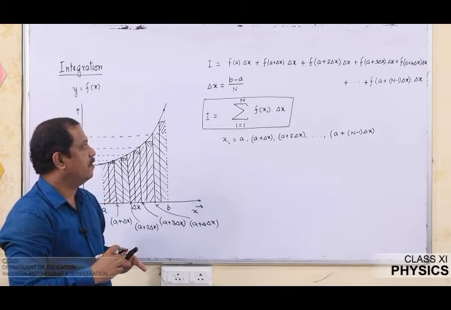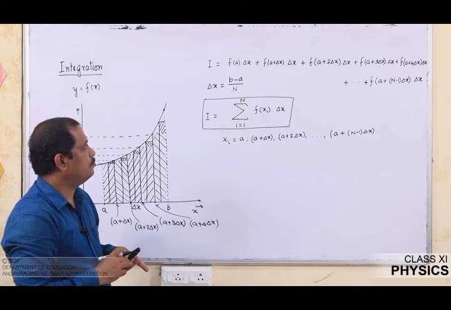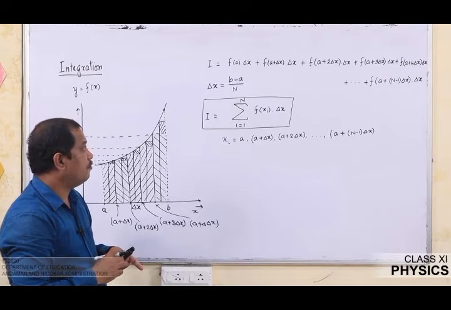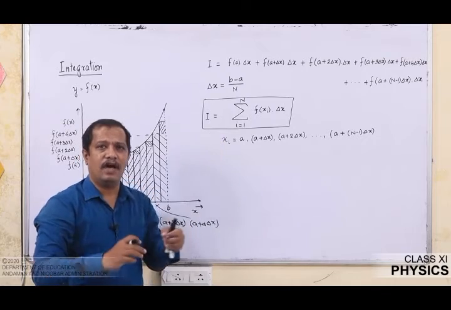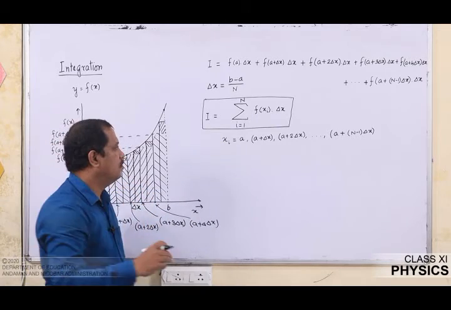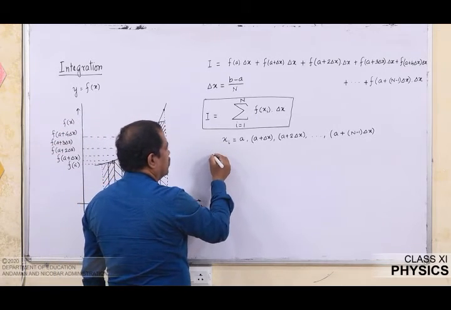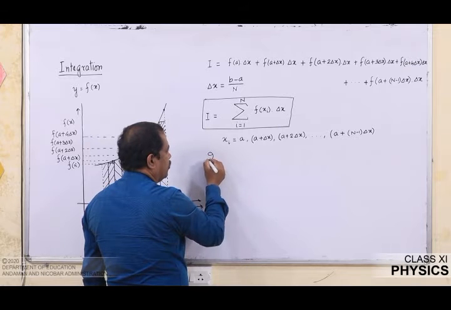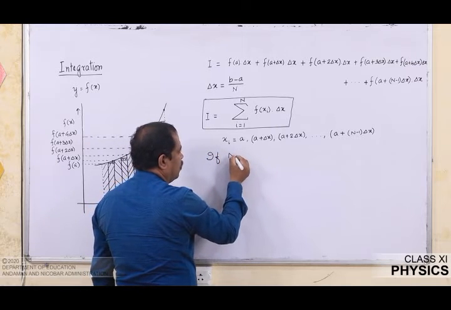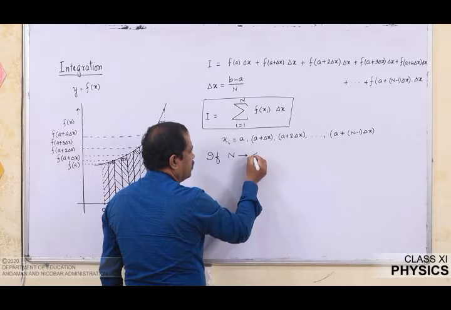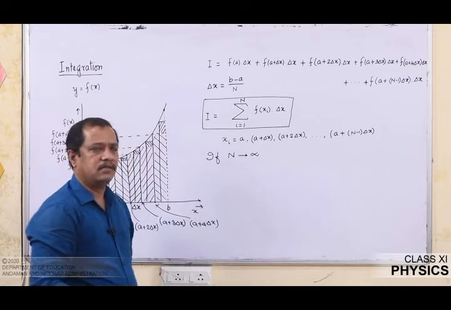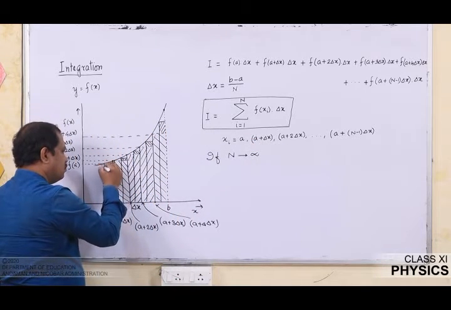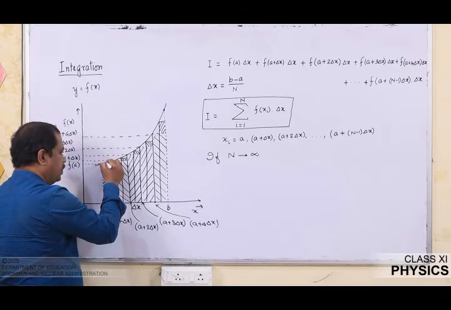So, thus I say, an idea comes to my mind, what if I increase the value of n to such a value that if I increase the value of n to infinity, that means I make the width of this